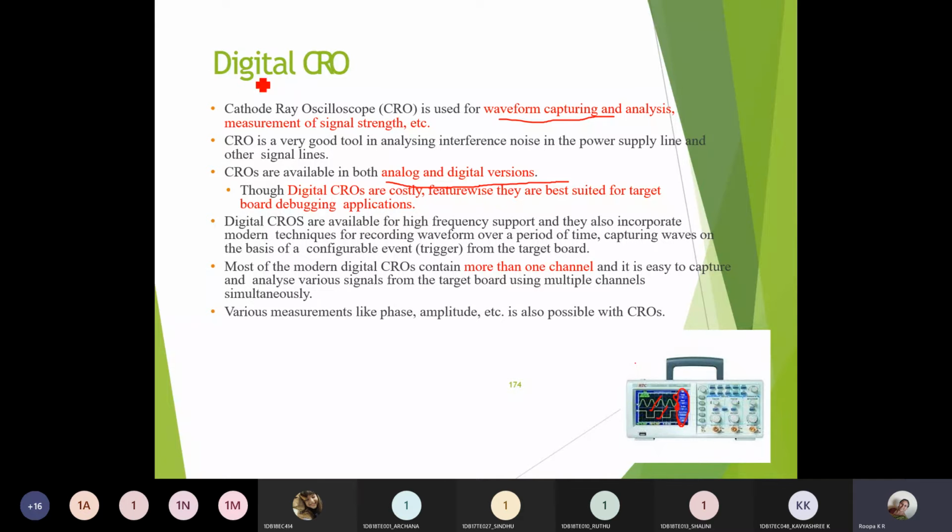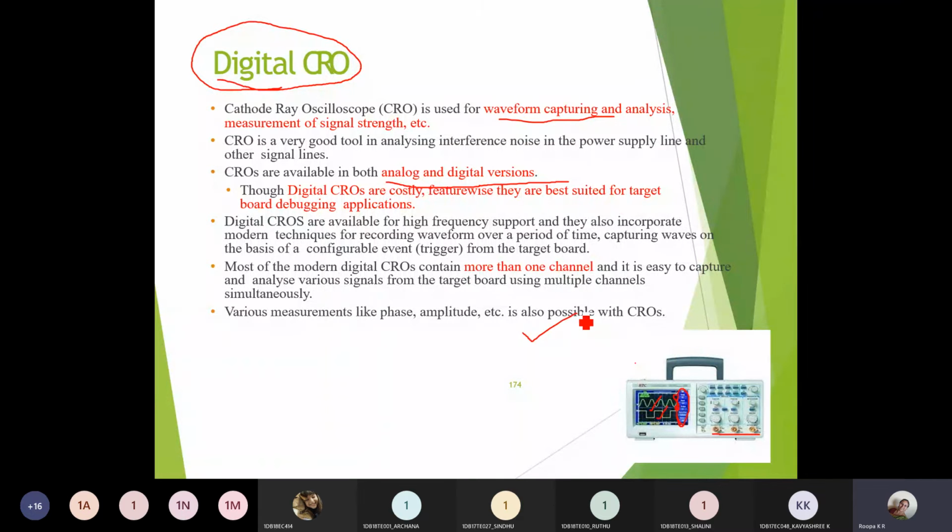So many designers use digital CROs for checking a particular component's output. In digital CROs, you have more than one channel. As you can see here, you have 3 channels. You can use any of these 3 channels to get the output here. Modern CROs have more than one channel, but previously they used to have 1 or 2 channels for a particular CRO.